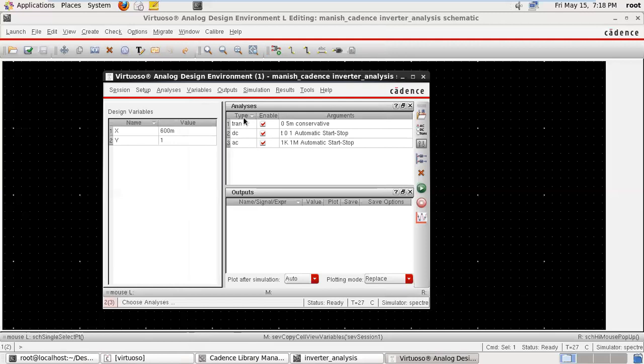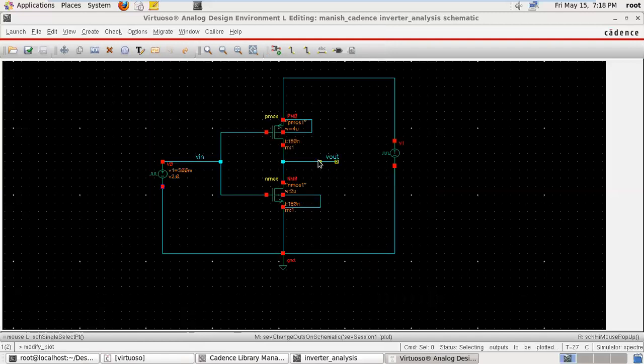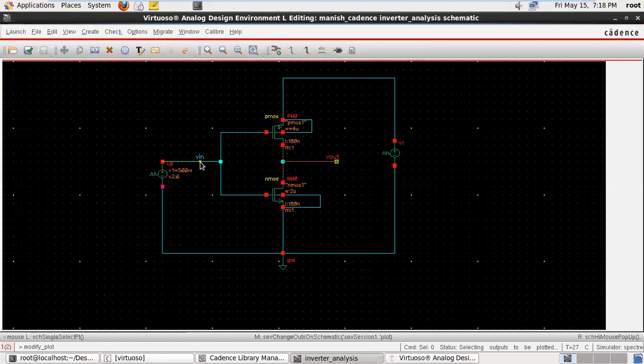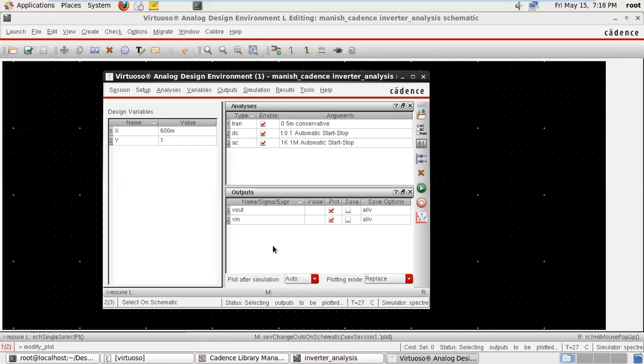Now what are we going to plot? For the y-axis window, go to Outputs, To Be Plotted, Select On Schematic. So this is my V out and this is my V in. So at the output window you are seeing V out and V in, while on the x-axis there are transient, DC and AC analysis. So one by one we are studying all these analyses.